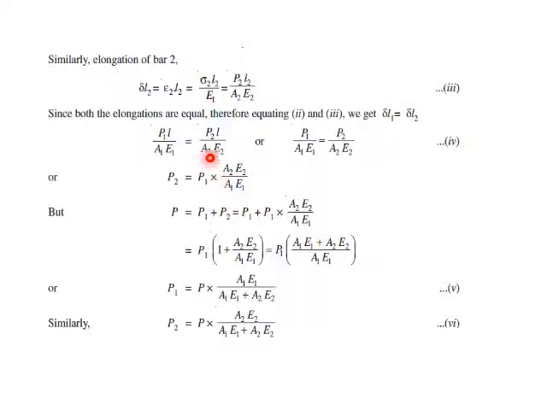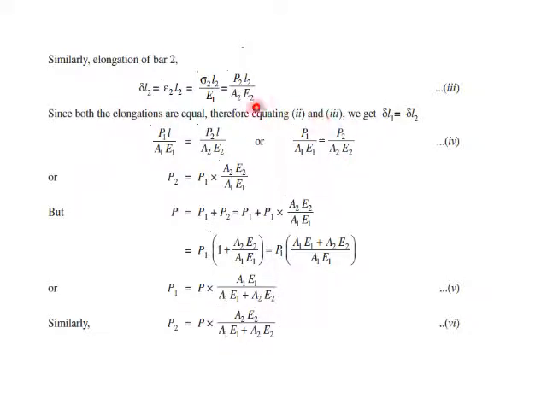So that is why commonly I have taken L. Suppose if length is different, I could have taken it L1 and L2, right? Suppose even the cross sectional area is also the same for both the materials. Then I can simply write, instead of A1 A2, I can write it as A. Okay, so that's how the understanding goes.